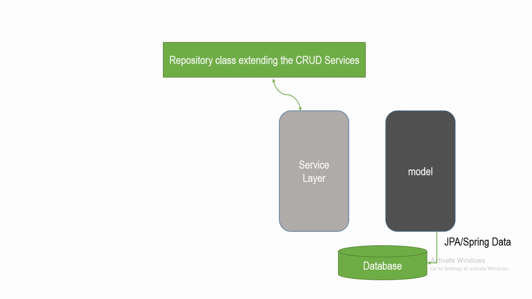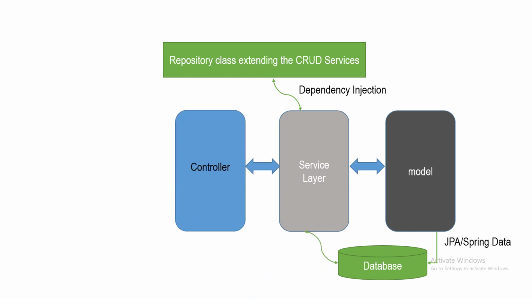We are fetching data from a repository, so we are going to create a repository interface which extends JpaRepository. This is used for dependency injection. After that, we are going to create a controller class. In the controller class, we are processing the HTTP requests coming from the client side. So this is the overall architecture and flow of the process when we are making a connection with a database. Now let's start with a live example.